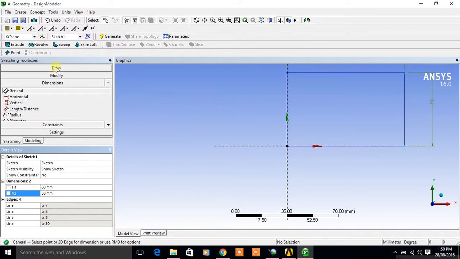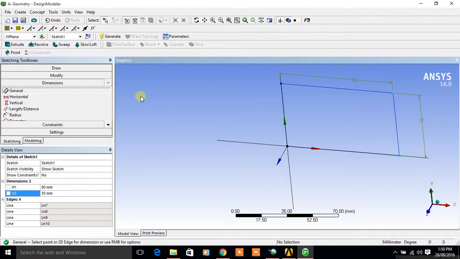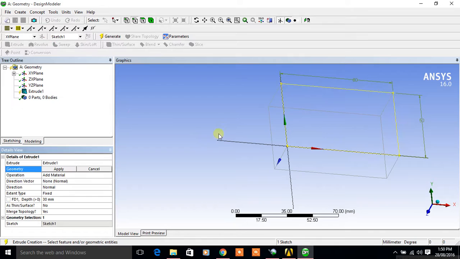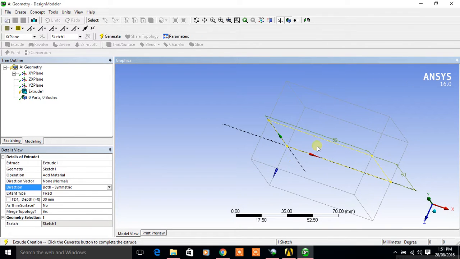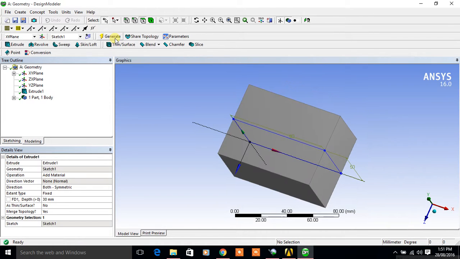Now I have to extrude it so that it will make a solid. So I will click on extrude. Now it will ask me to give the dimension of extrude. Let's say I give 30, but if I need to extrude from both sides, I am changing the direction to both symmetric, so that you can see that the extrude will happen to both sides. Now next we are going to generate it. So click on generate. Here you see before generation there is a thunderbolt sign, and after generation it will give us the okay